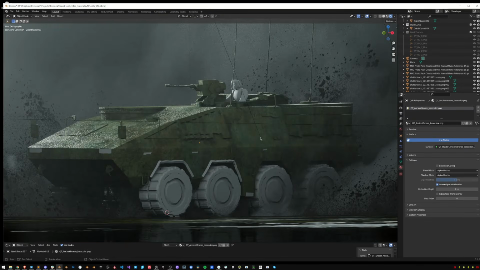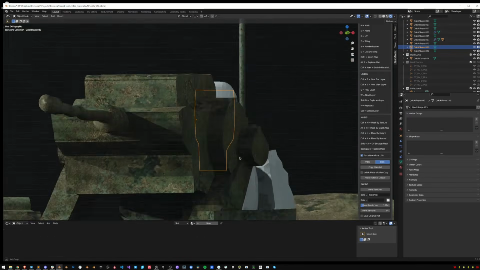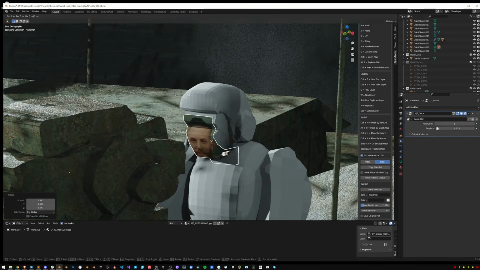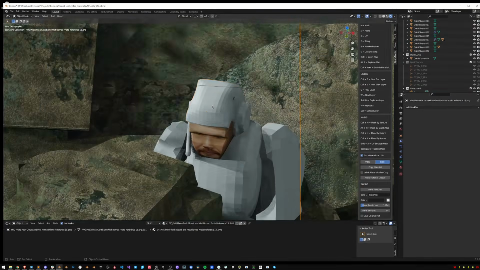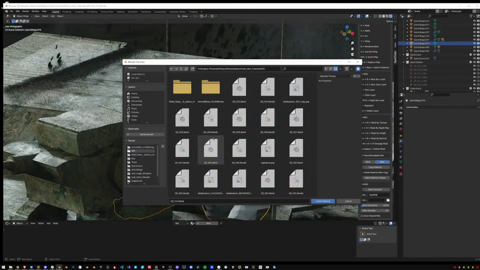Just trying to get the right color variation. Look okay when I'm zoomed out. This was a hero asset, maybe take more care, but something like this. Here I'm using a decal to just put a face on the guy. And he's pretty small and far away, so I'm doing this really